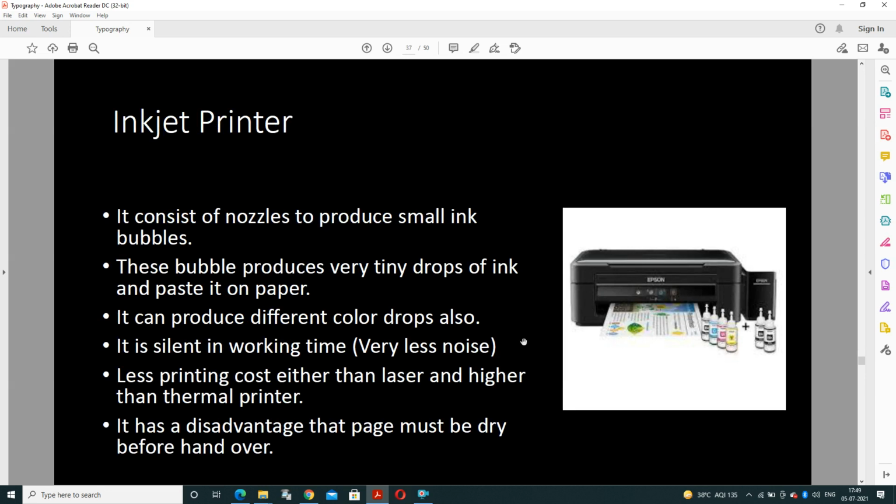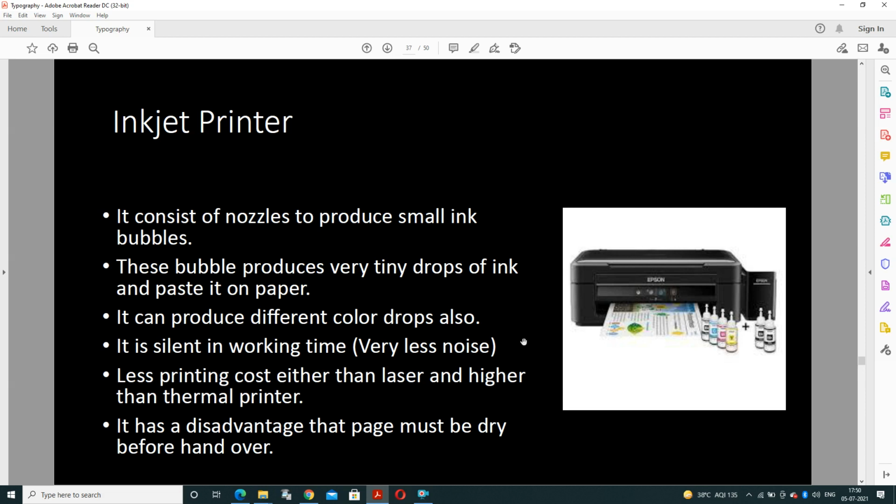An inkjet printer consists of a nozzle to produce small ink bubbles. These bubbles produce very tiny drops of ink and paste them on the paper, and it can produce different color drops. It is silent while working, which means the noise is very low. The printing cost is less than laser and higher than thermal printers.